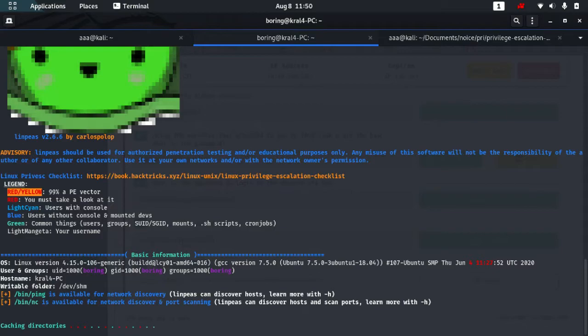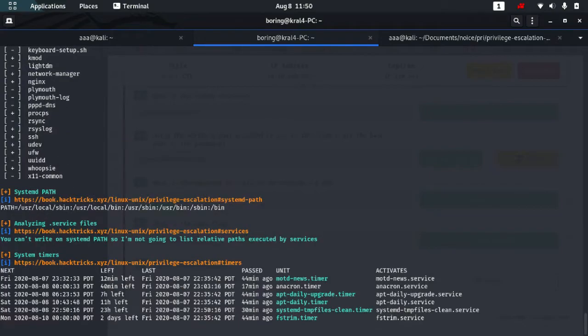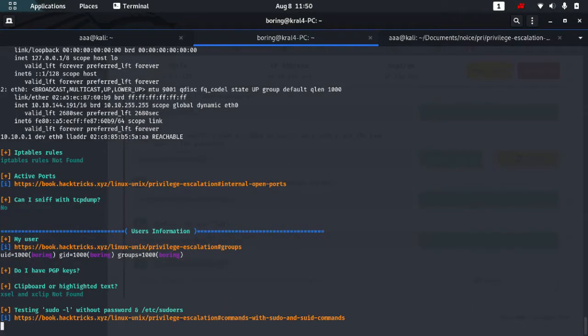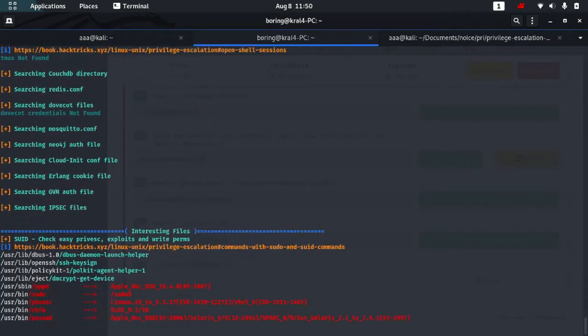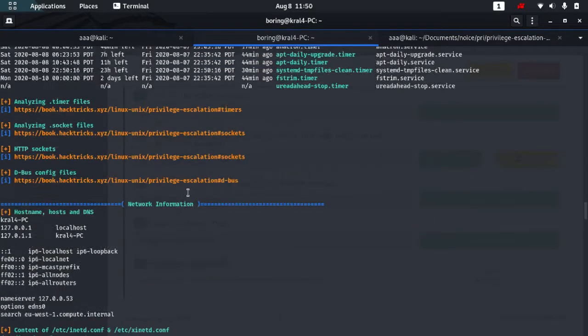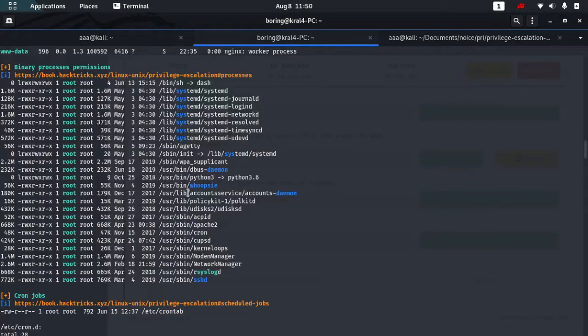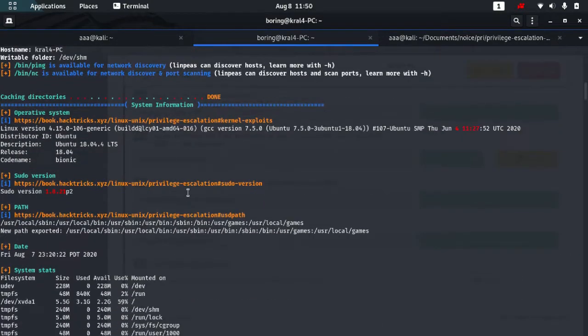Even if you don't want to do this process, start with sudo -l, then check cron jobs. Okay, let's start from the very beginning.